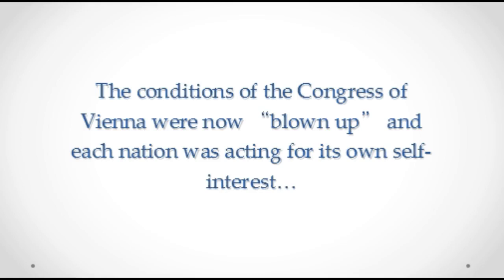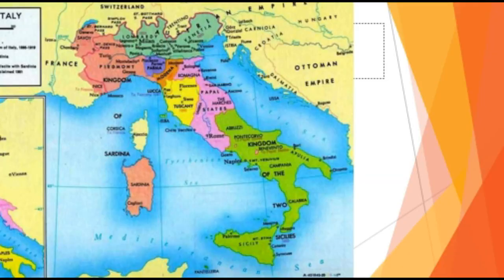And the conditions of the Congress of Vienna were now blown up. Each nation was acting for its own self-interest, and we're going to talk about brilliant politicians manipulating this fact. So the breakup of the Concert of Europe paved the way for German and Italian unification, and we'll see that Count Cavour and Otto von Bismarck will isolate different countries in their own self-interest. So in the next episode, we'll start going over the